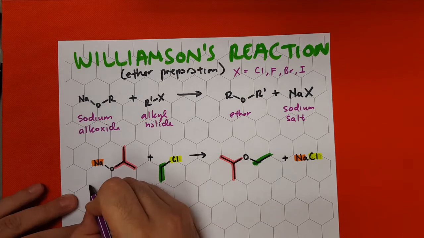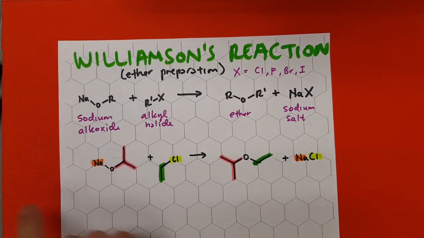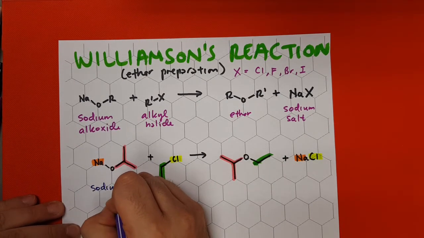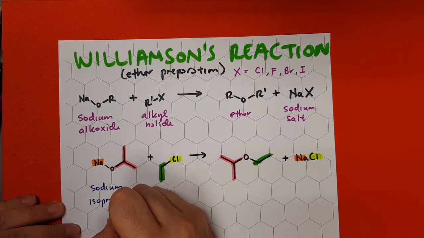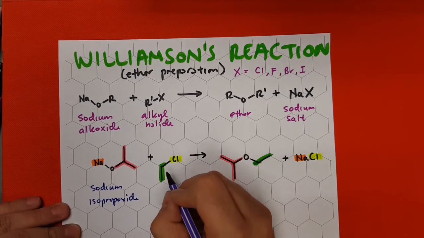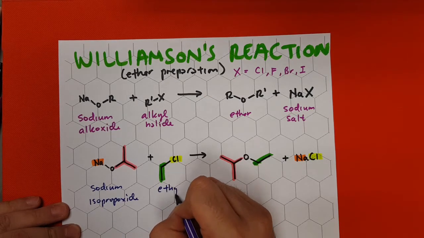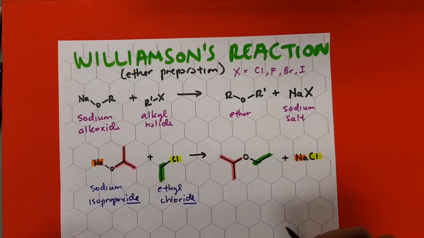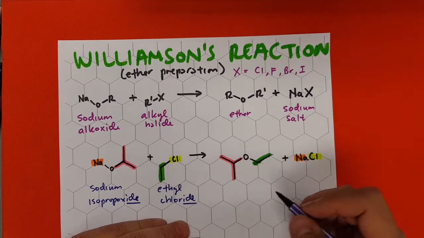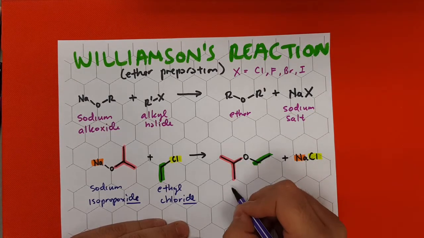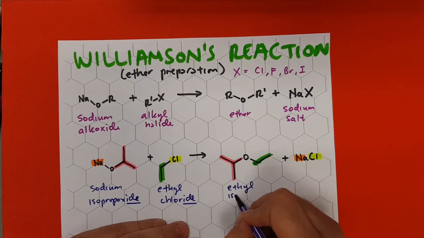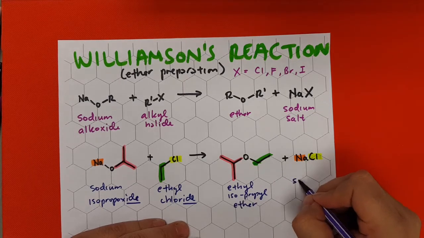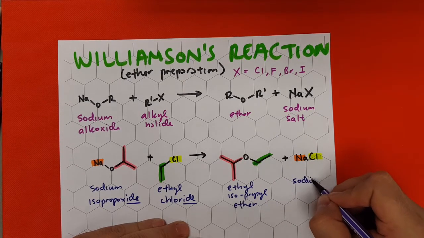Here we have the sodium alkoxide, which is sodium isopropoxide. Sodium isopropoxide reacted with ethyl chloride, because remember it's mixing, so the ide ending. And then at the end we have, using the common name, ethyl isopropyl ether. And then at the end we have our traditional sodium